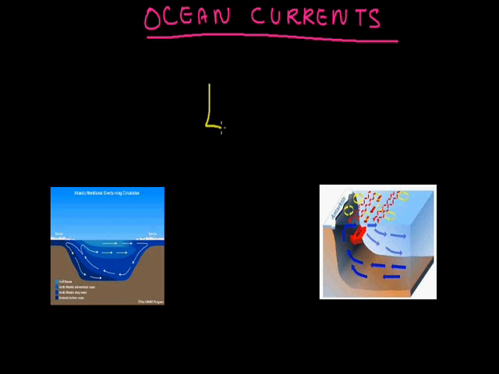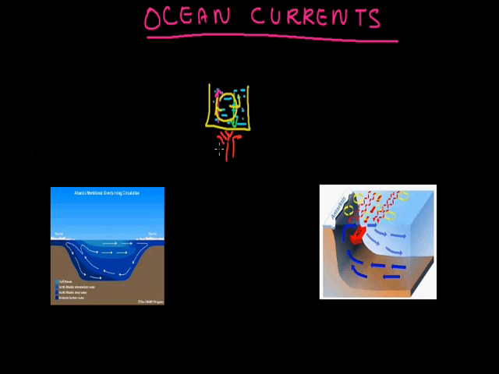For example, this is a jar on the gas, filled with water. Now what we will see is that when the water becomes warm, it goes in the upward direction. Similarly here the water becomes cold and heavy, so it comes downwards. So this is how we see the movement of water in this jar. In this round shape, the warm water goes upward and the cold water comes downwards.